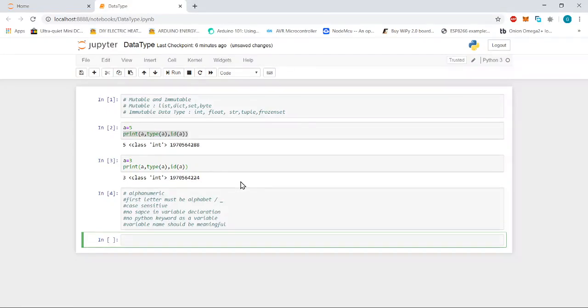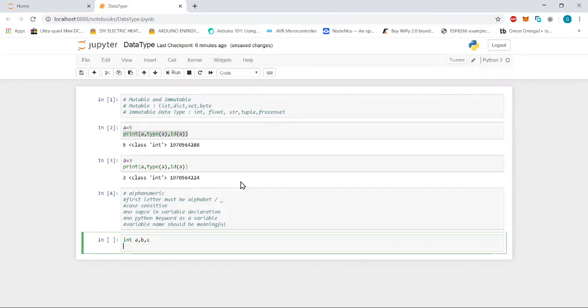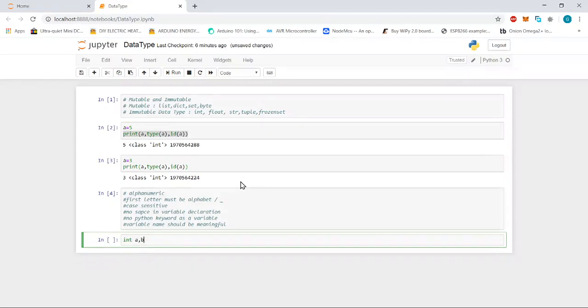In other programming languages, we write variables like, let's say, integer a, b, c, and then in the next line we initialize them with some value. There is no need of that in Python. Let's say I want to use three variables. The first variable is an integer, the next is a string, and the next is a floating point value.